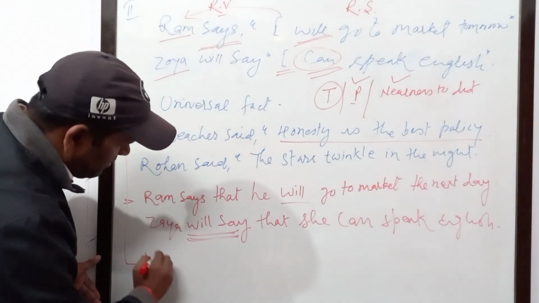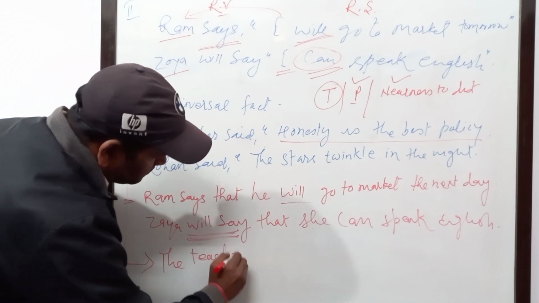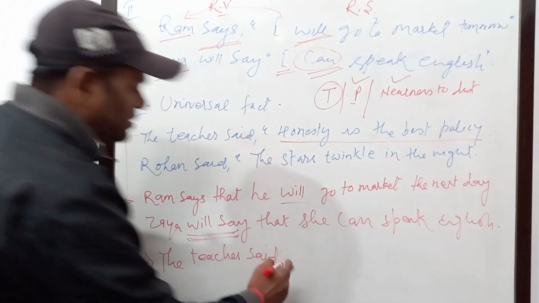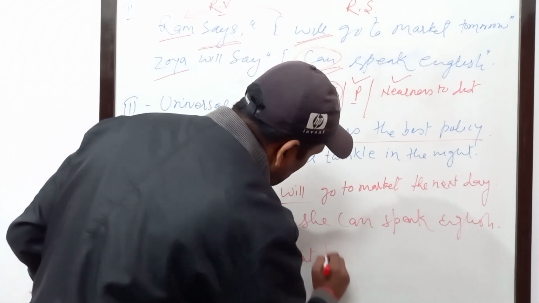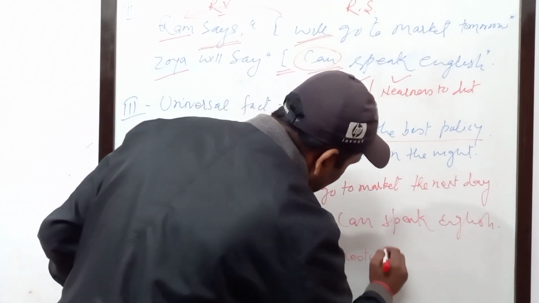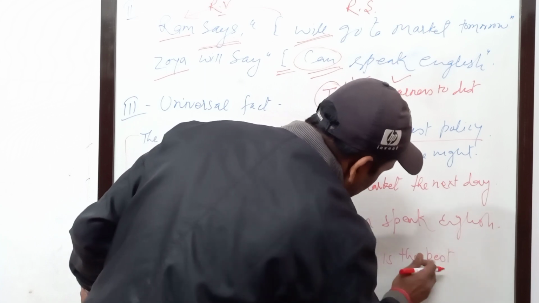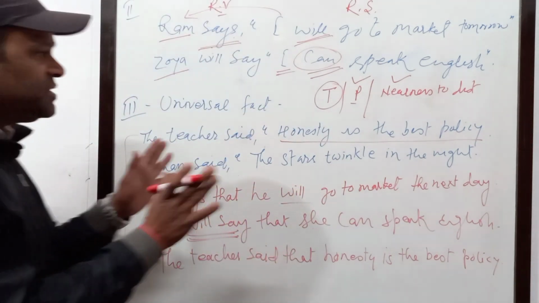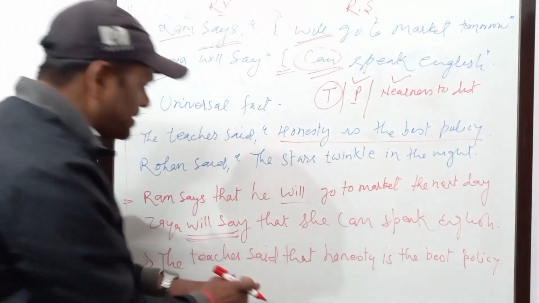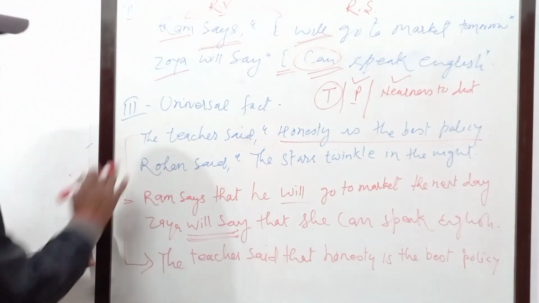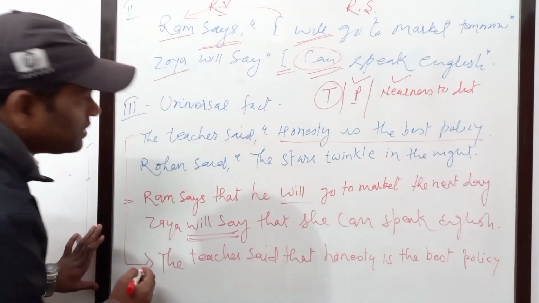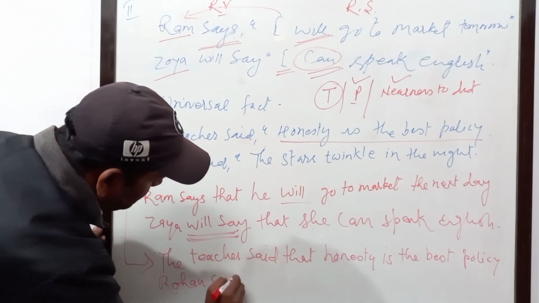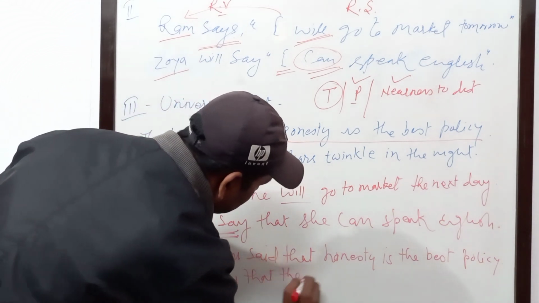The teacher said, yes, it will be there. The teacher said, oh sorry, I should not do that. The teacher said that honesty is the best policy. Done. No need to change anything. We just copy the whole statement as it is after putting the connective. Now see the second example. Rohan said the stars twinkle in the night. So it will be, Rohan said that the stars